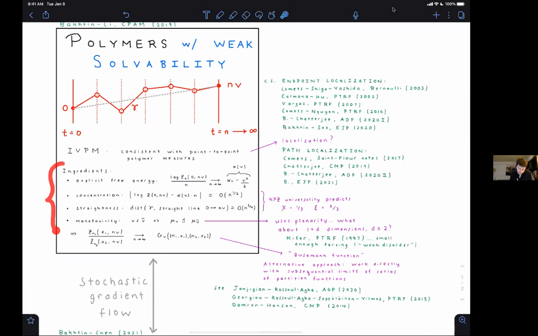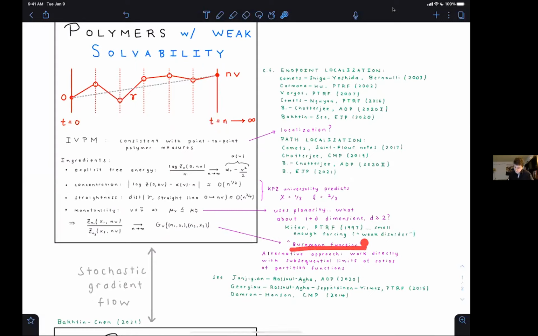So this circle of ideas, which ultimately leads to some convergence of ratios of partition functions to some random limit, originated in maybe the work of Chuck Newman back in the 1990s and his co-authors, but there is a different approach. You could just say, well, I know in the end I'm interested in these ratios of partition functions. In the 0 temperature world, these would be called Busemann functions in the limit. And so I could just look at that as the fundamental object and not worry about the geometry that led me there. The disadvantage is that I don't get insight into geometric questions, but I could just ask straight away about these ratios of partition functions.